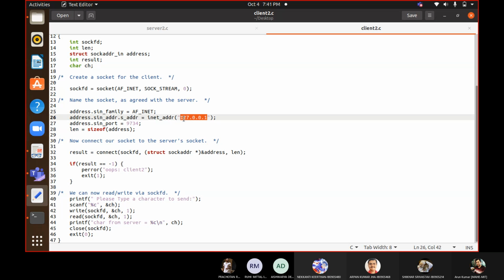Even in the current setting, if we have static IPs... but because we are running behind proxy servers and all, so many internet service providers are in between, and they have so much complicated stuff regarding IP addressing. Otherwise, if any two persons have static IP addresses, then instead of this 127, one person can run the server side program and another person can connect from anywhere across the globe.